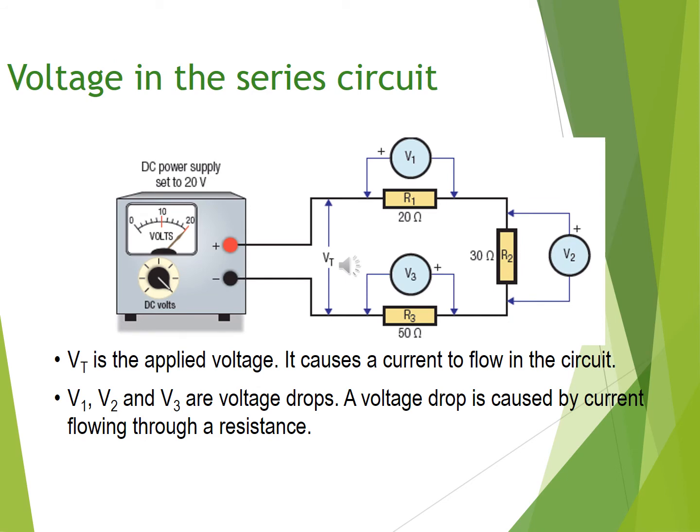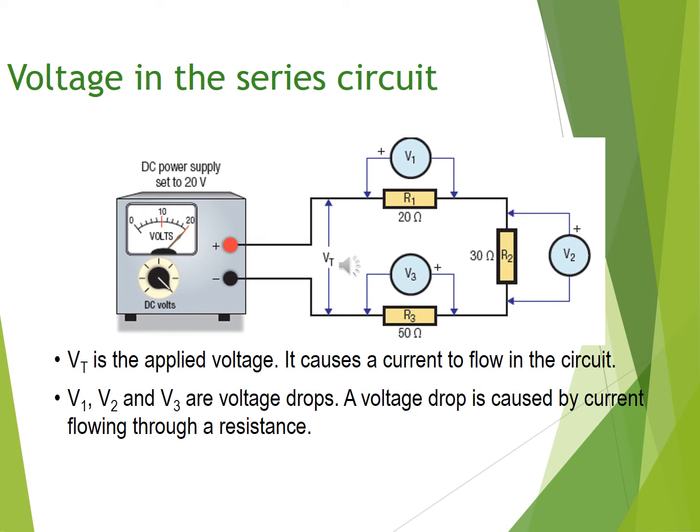So voltages in a series circuit. Whilst it's quite easy to simply say that the total applied voltage is equal to the sum of the voltage drops around the circuit, that doesn't really mean much unless you understand that each resistor, in this case R1 at 20 ohms, has a voltage drop. In this case there is a DC power supply of 20 volts applied to this circuit of 3 resistors, and each of those resistors has to have a voltage drop which, when added together, must equal the 20 volts,